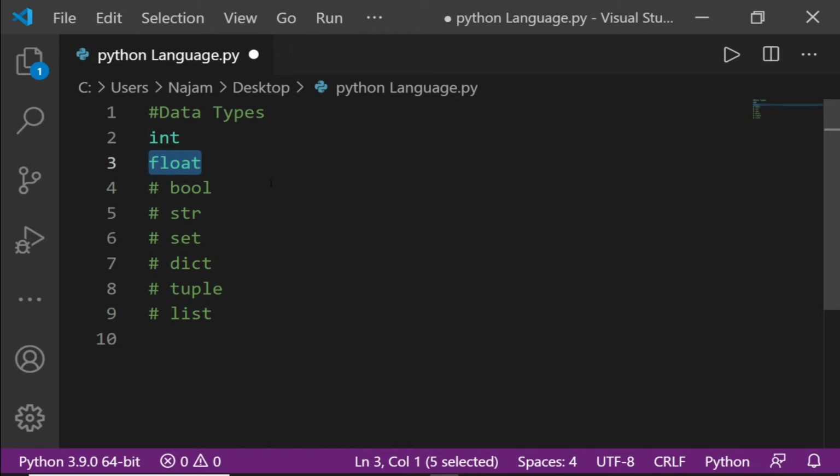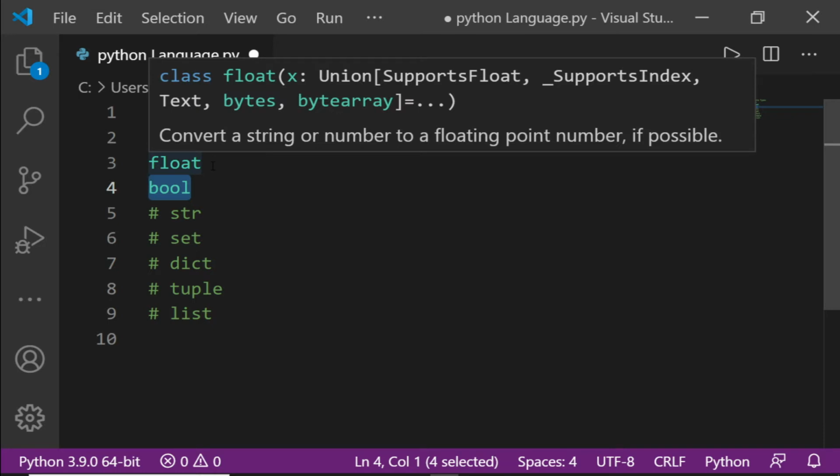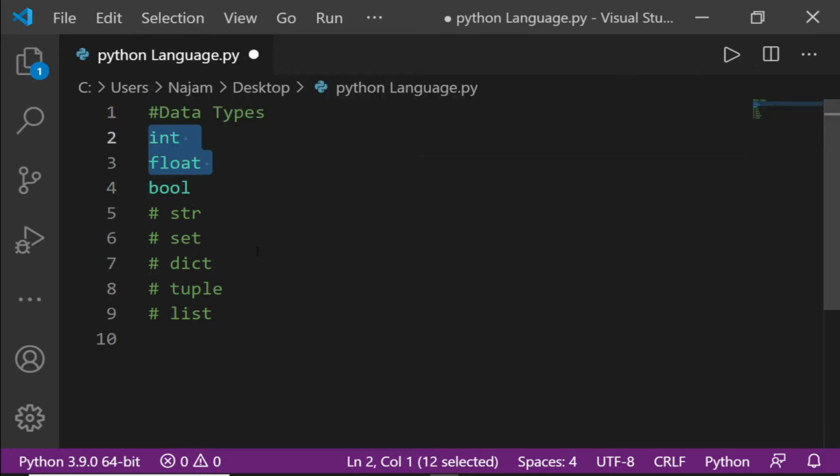While we say a float, it means a floating point number. What does floating point mean? While we say 5.3, 5.6, 5.9, any such number, it is a floating point, and we just call that float. This is also a data type. And we call it boolean when we need true or false. This is bool. In this playlist, I will talk about each and every one of them. But in this video, I will explain just two of them, not to confuse you.